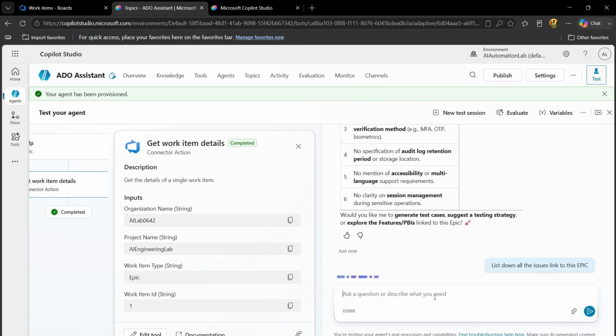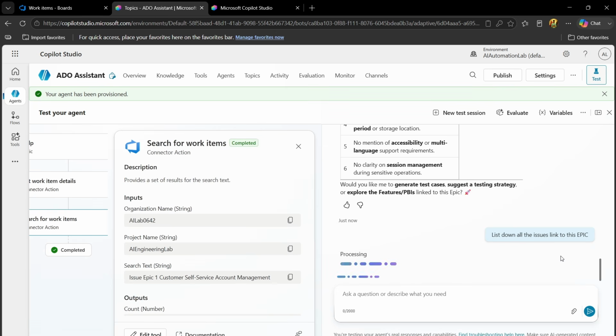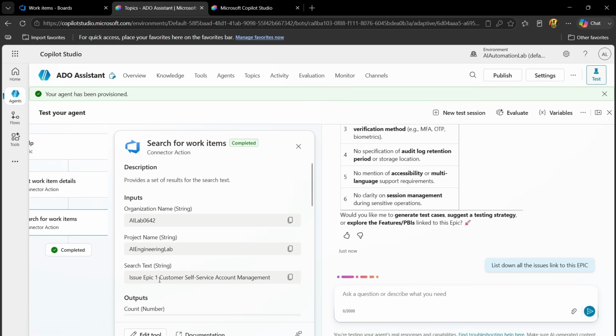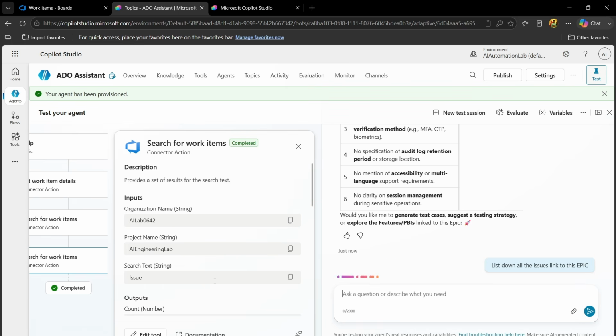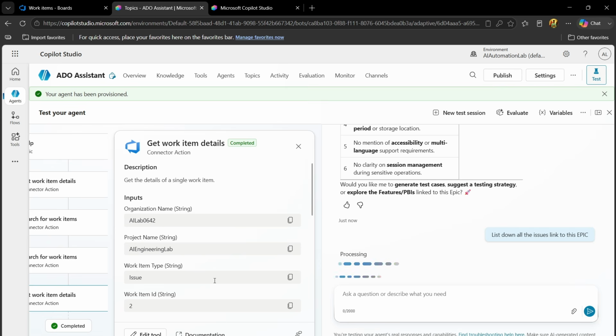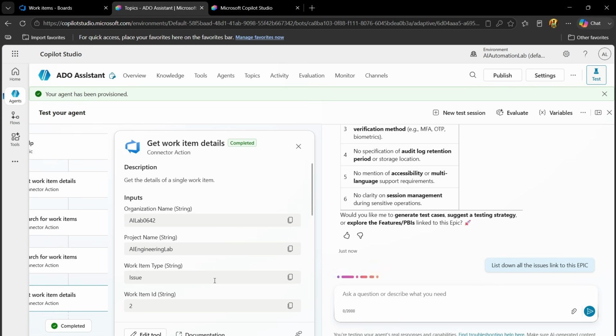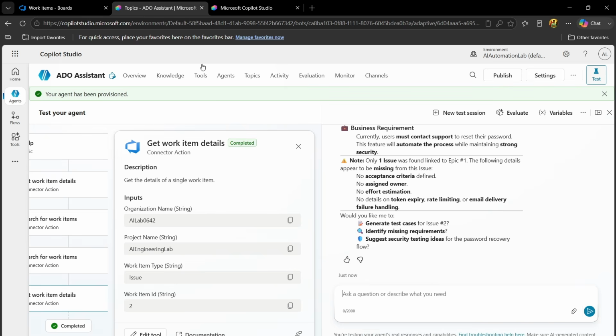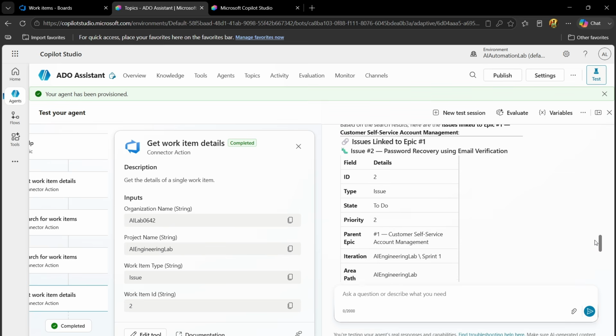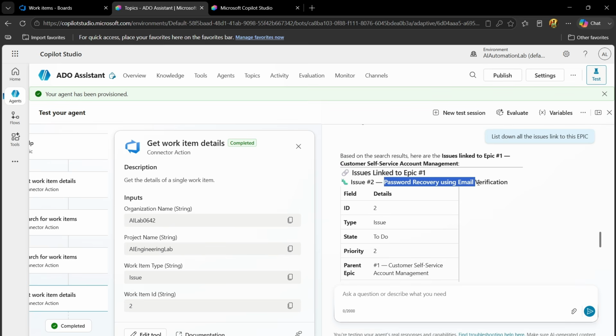So now it is going to read all the issues under this epic, and it will give you the overview of the epic here. So this is the name of our epic, customer self management. So for the issue, here you can see, if you go to your board, the epic name is customer self account management, and the issue name is password recovery using email. So the process is done, and here you can see this password recovery using email issue. It's fetched by this agent, and